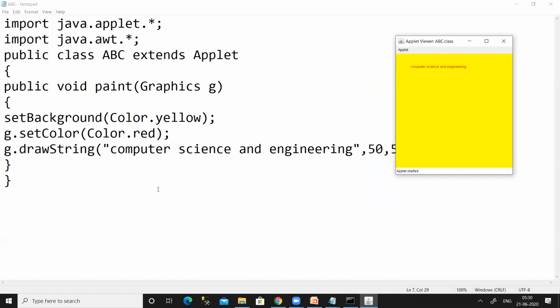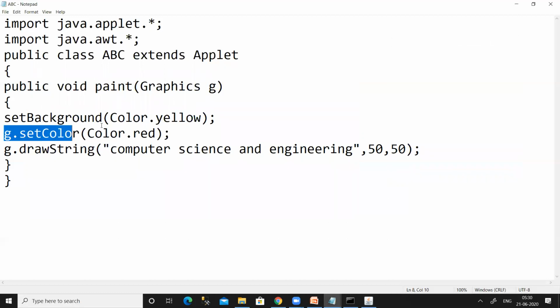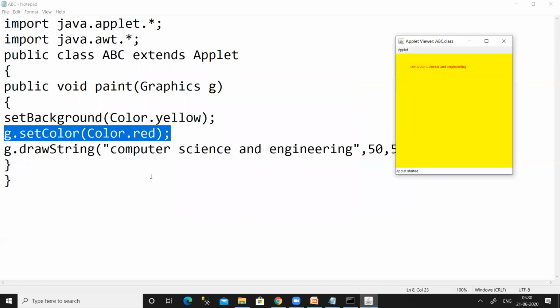Then on that background I have used red color, so anything after this statement will be in red color. After this statement, I have printed computer science and engineering on the screen, so it has been printed in red color.